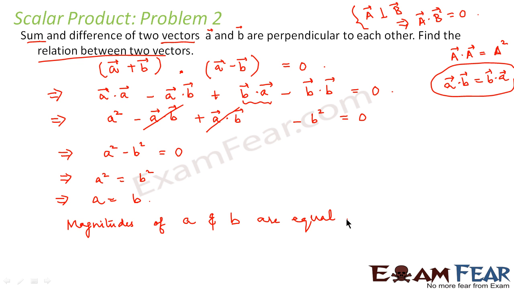Now that you are clear with what is scalar product, now we will start with what we wanted to study in this chapter, that is work, energy and power. So we will study each of them one by one. First we will start with work. Now we will see what is work in terms of physics. We will take several examples. We will see the relation of work with energy, and we will understand things graphically as well. So let us go ahead.